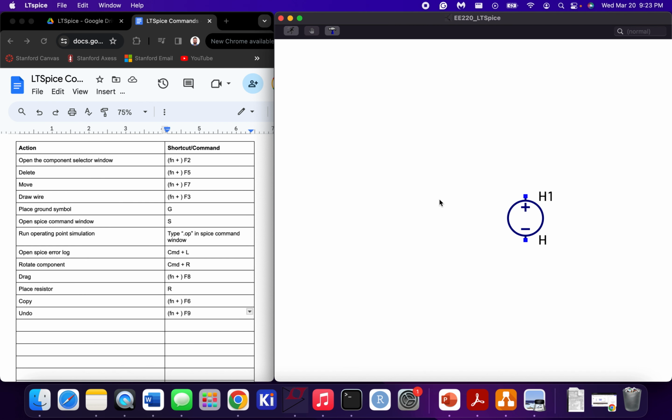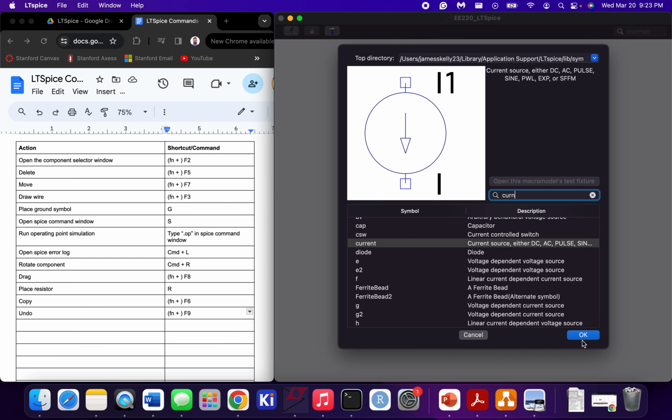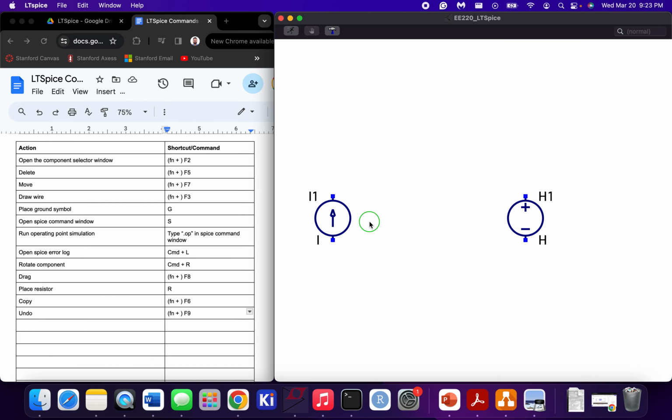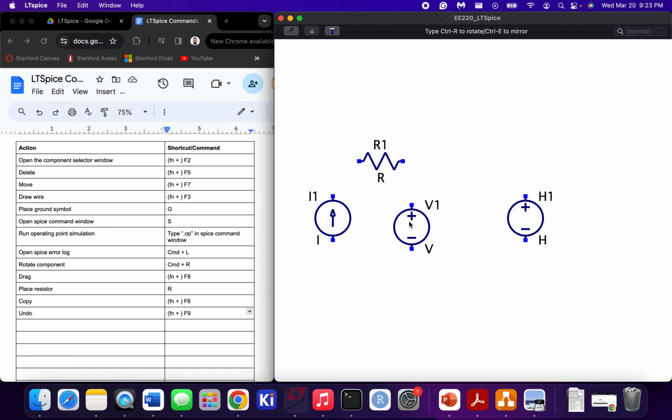Okay, so let's go ahead and throw a current source. Then I'll put a resistor. But then what I'm going to need is a 0 volt voltage source, like what we saw earlier, because that is what I'm going to use to measure the current and pass that value into my current dependent source. So you can see that there's no inputs. Like the voltage dependent sources have a plus and a minus terminal, so it's easy to just pass a voltage in the graphical interface. We can't do that with the current dependent sources, so instead what we have to do,